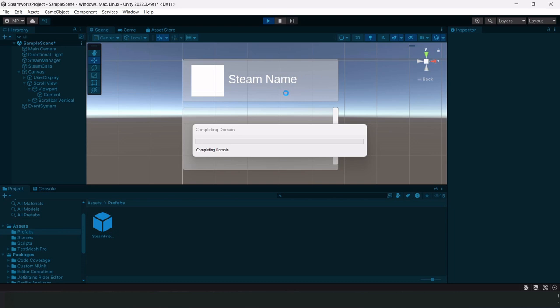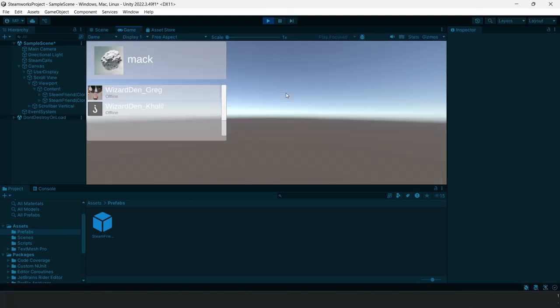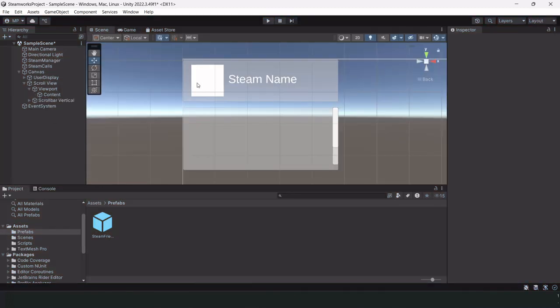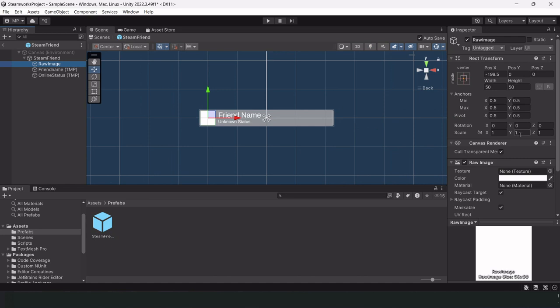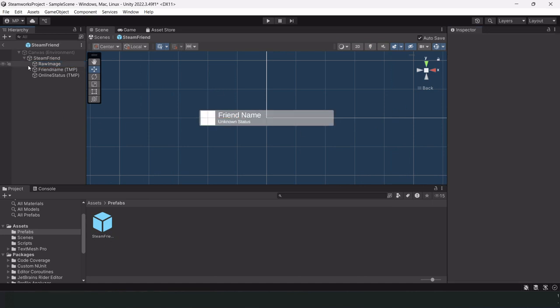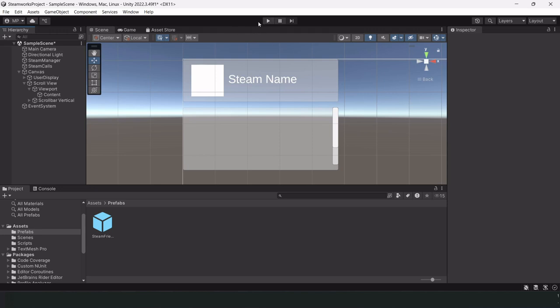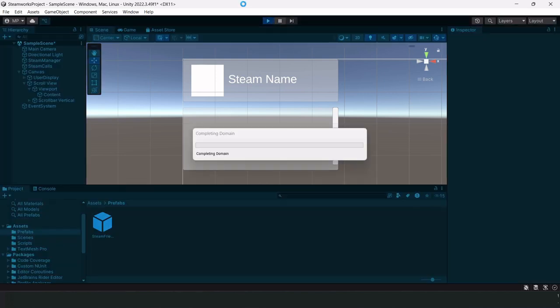If I hit play. Cool. Yeah, you can see I have two friends, Greg and Khalil, both there. Their status is currently offline. It's gray. Images are upside down, which is the same issue we had with our display image there. And that is an easy fix. It's going to make it one scale there. If I play again,